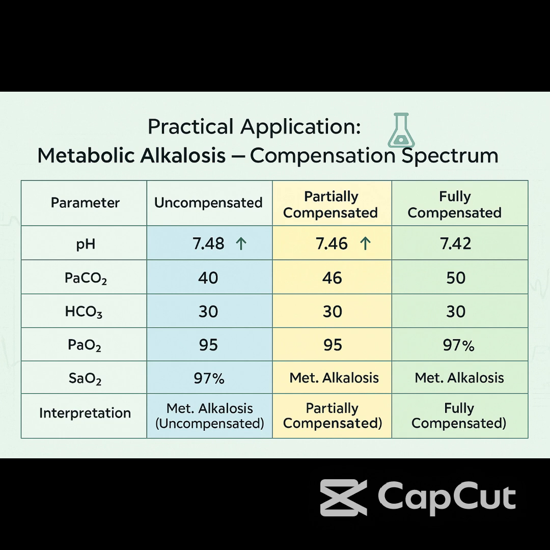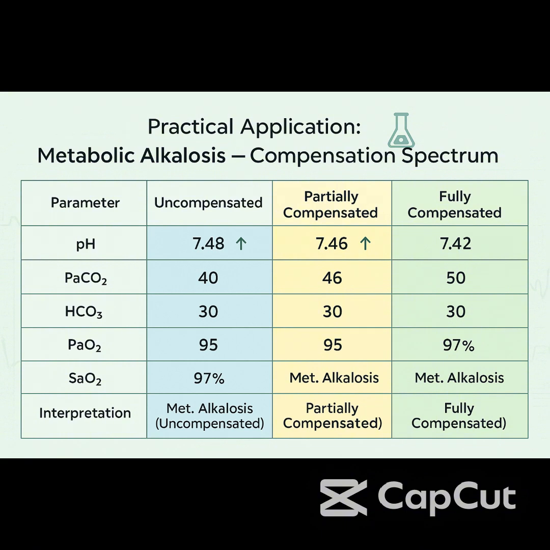In the partially compensated example, the pH remains elevated at 7.46, but now PaCO2 is also elevated at 46. This tells us the respiratory system is beginning to retain CO2 to help bring the pH back down. Compensation is underway. And in the fully compensated case, we see the pH normalize at 7.42, even though both bicarbonate